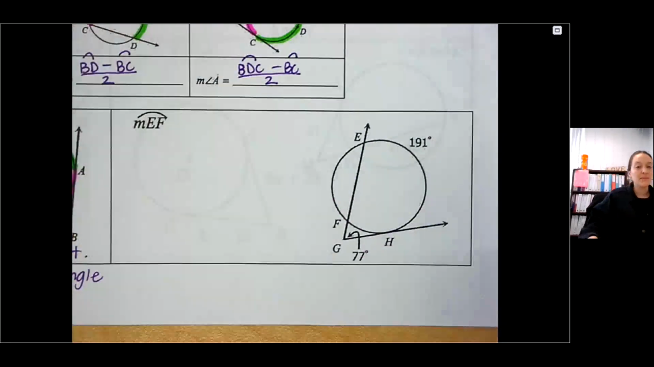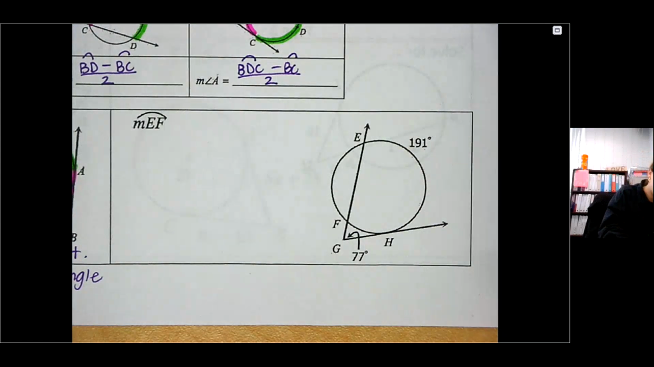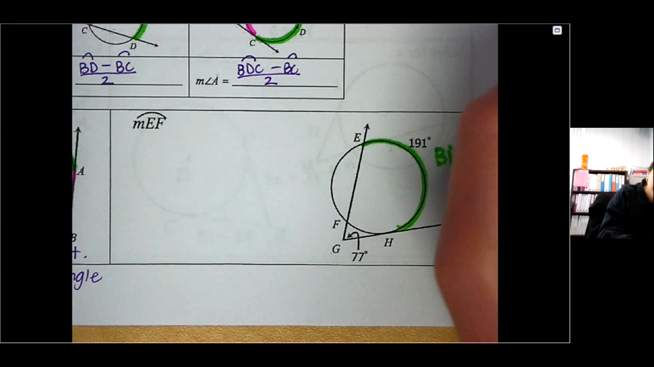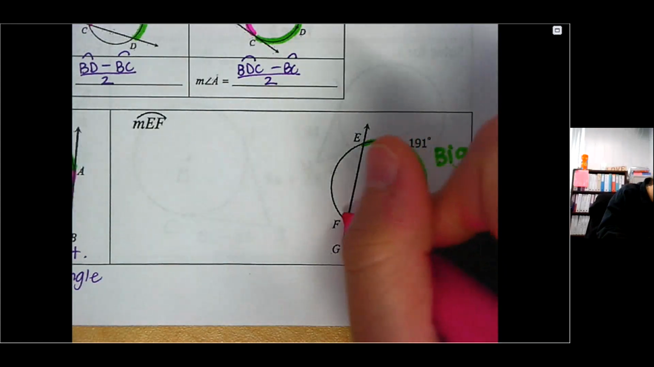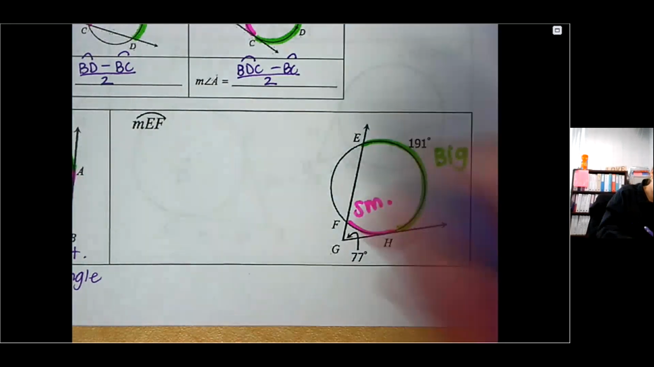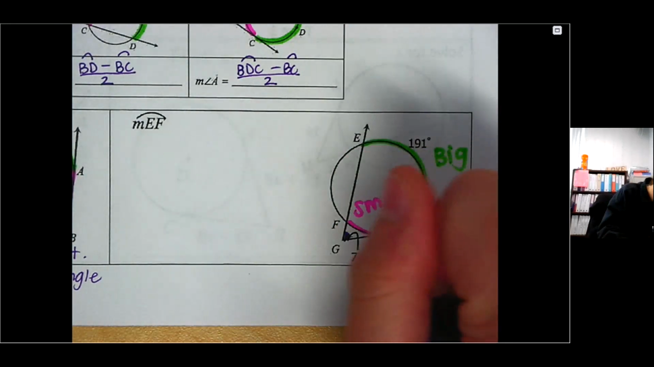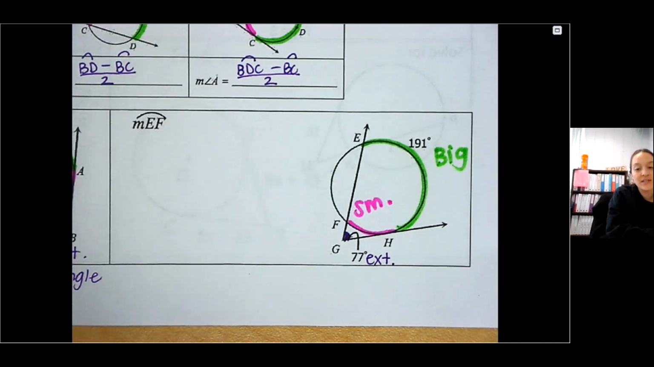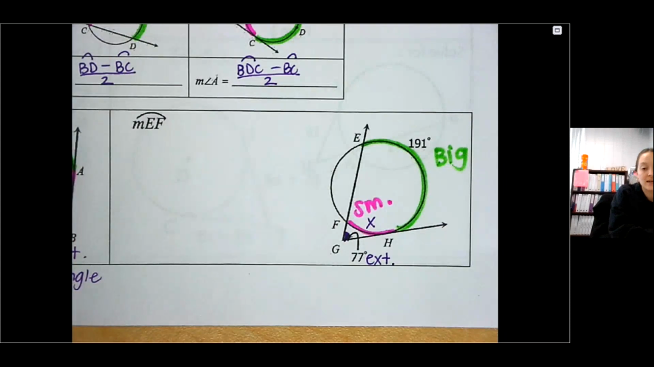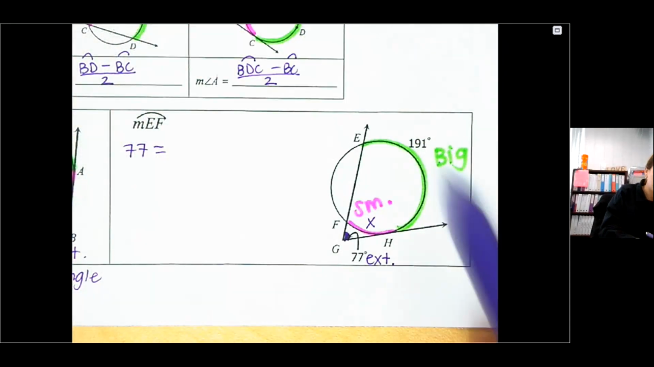Okay, last one. Again, it's big minus small divided by 2. So my big arc is 191. My small arc is FH, but I don't know that one. And then I know my exterior angle is 77 degrees. So this time I'm trying to find this small arc right here. So I'm going to put an X there. So my equation is the exterior angle equals big